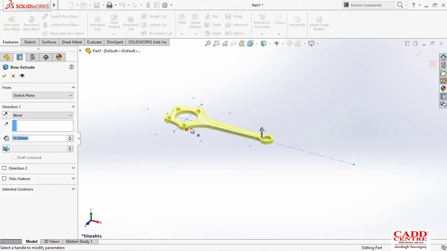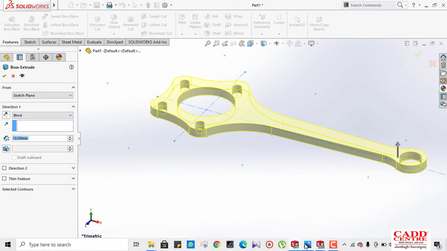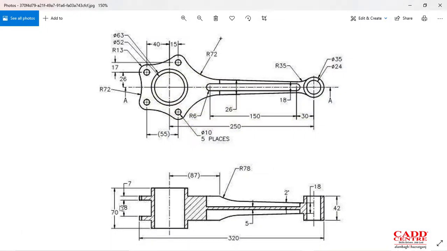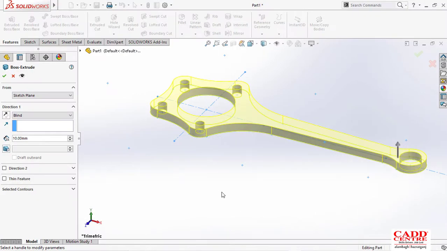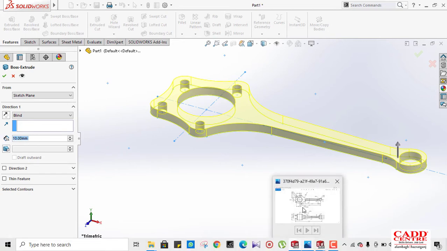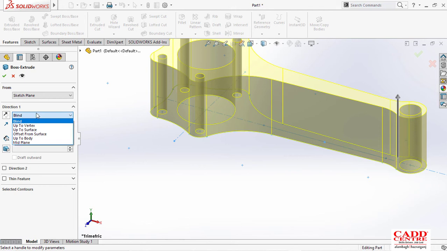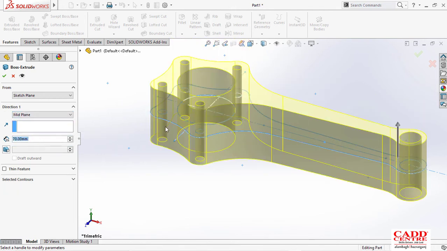It's showing a preview. That means we are clear with the extrude command. So just see what we have to extrude. We have to extrude it with 70, and it should be extruded with the mid plane, so that we will be able to cut those things after we are done with this extrusion. So the extrusion is total 70. Just type extrusion 70, and it should not be 70 on one side. We will take the mid plane, so it means 35 upper, 35 bottom.